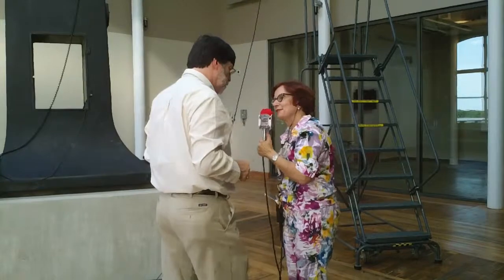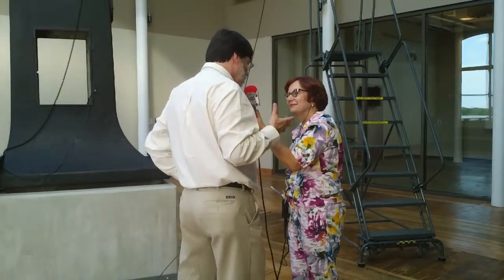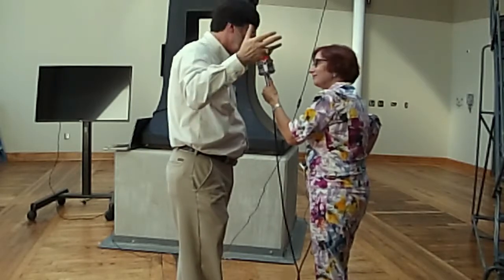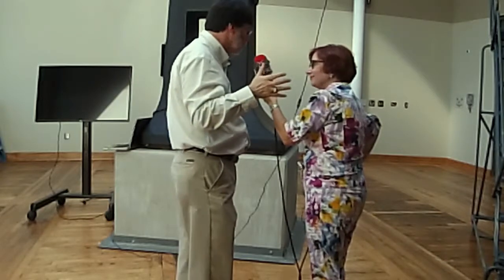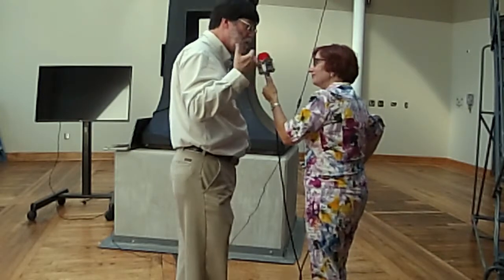What do you think it's going to do for our kids as they peer into this in the future? I think it's going to light up some eyes, and I hope it's going to light up some brains that will, in the future, turn to astronomy or space science or engineering or math or something like this so that we will produce more scientists in the future. And a good example of how a museum can do this is our own Charles Townes